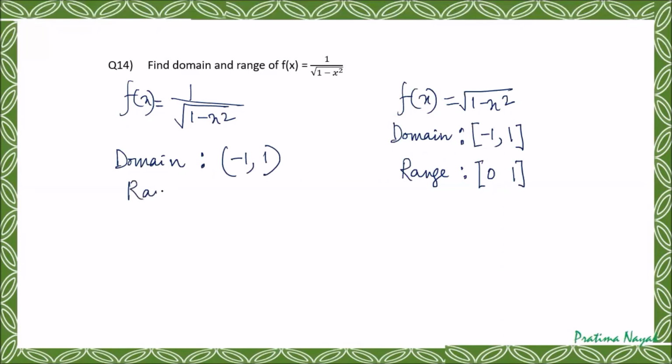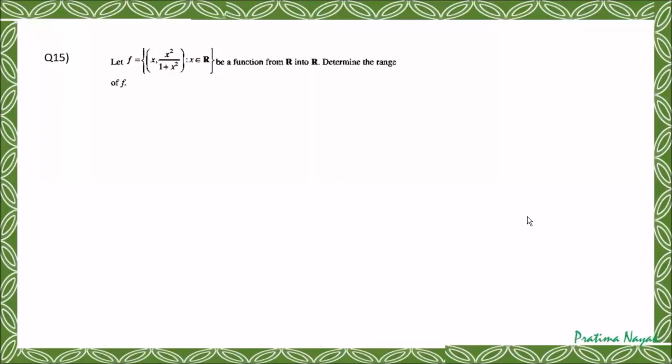And range will be in the same way. It cannot be 0 because I am not putting -1, so it will be 0 to 1 with 0 not included. 1 will be included and 0 will not be included because we are not putting 1. So range is,